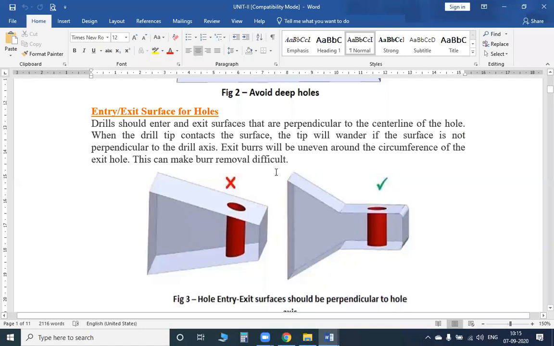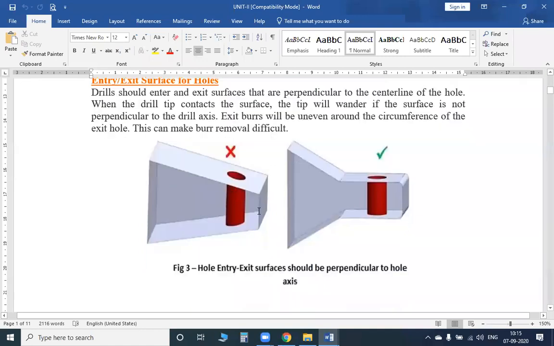Clear? So this type of thing is to be accepted, and this type of thing is not to be accepted. When you are designing, and when you are manufacturing each and every part and each and every operation, we have to check at each and every point. If you are not checking at each and every point, there will be so much loss at the end. So we have to check at an earlier stage only.